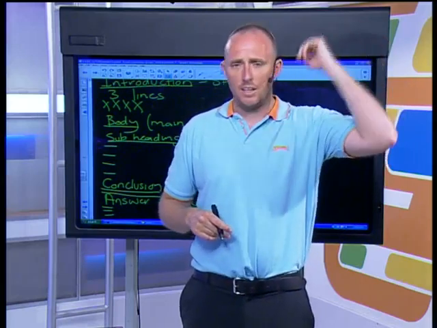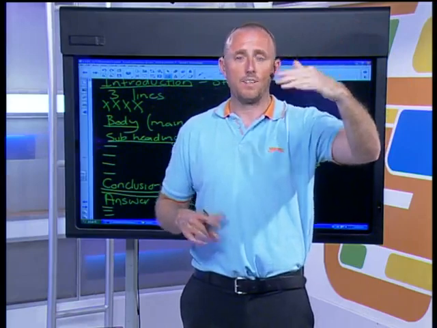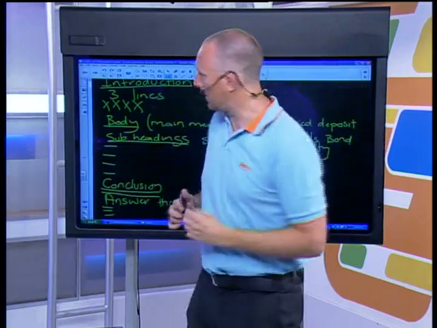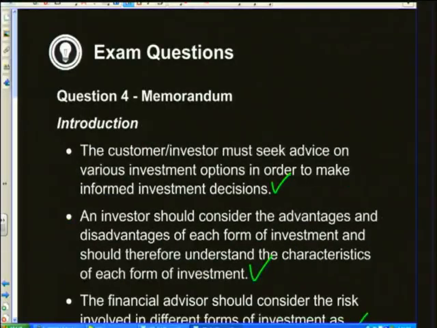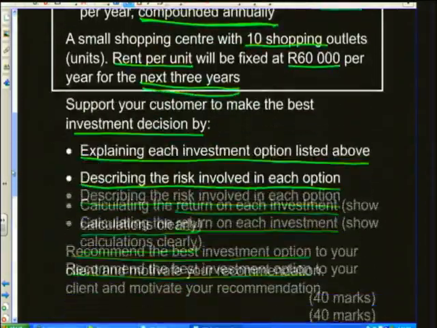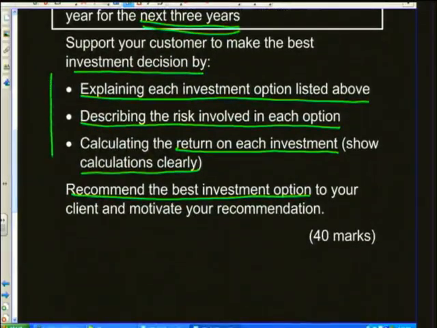Every essay is the same. It's the same format. Your introduction, your main body, right? Your main body will be the different things that the question's asking you. So if you look at our essay question here, this was the main body that they were asking us for. So explain each investment, describe the risk, and calculate. So we would say, right, first investment, fixed deposit, then shares, retail bonds, then property, right? Underline, make sure that there's space that looks neat, and that you've actually looked at what the question asks from you, and you've added in all the information.